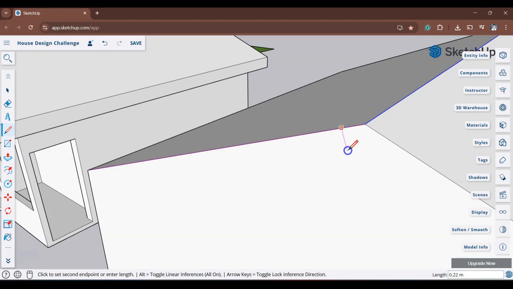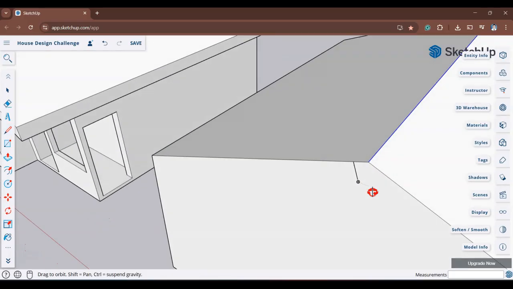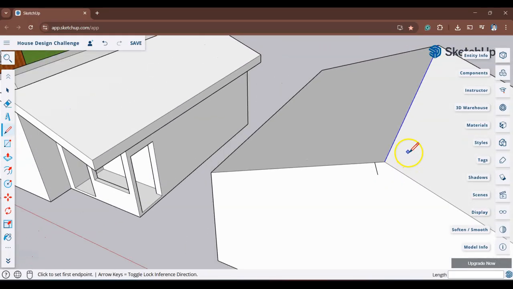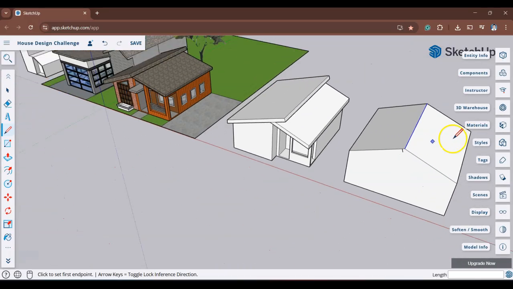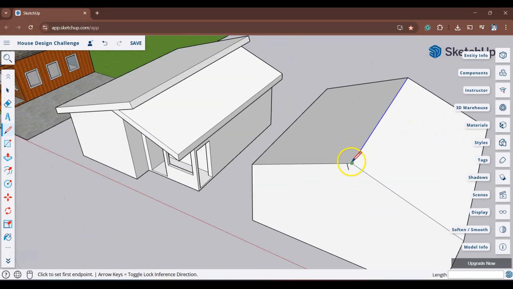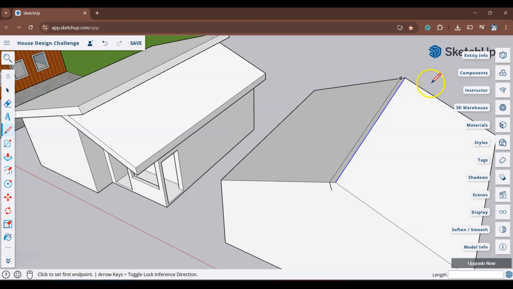And what you'll see is you can move the mouse to the left and right, and it'll snap on face, or it'll snap here. And what you were looking for is that text box that says perpendicular to edge. So that's what we want. We want that there. And then we'll zoom out using the mouse wheel, press down to orbit out and around. And from that line, that endpoint right there, I'm going to go all the way across,